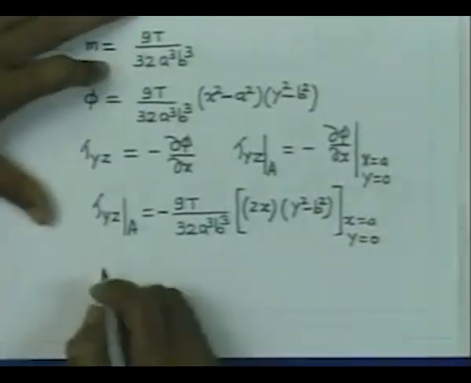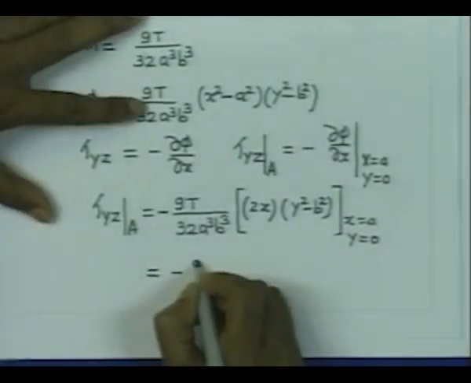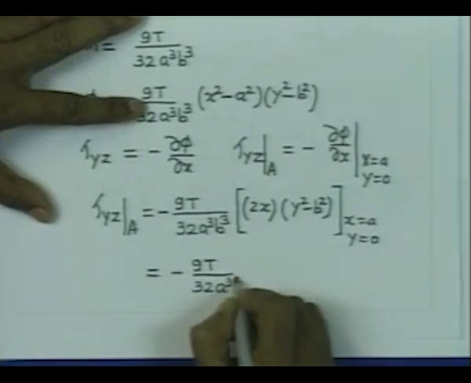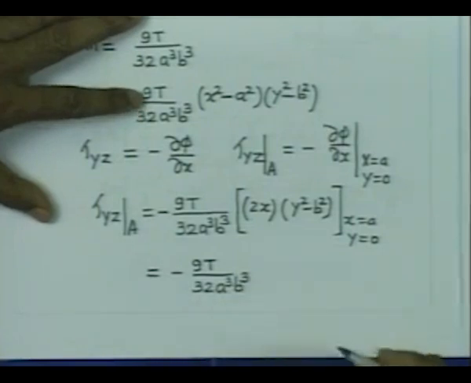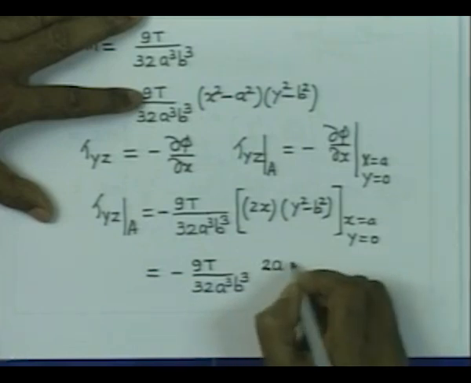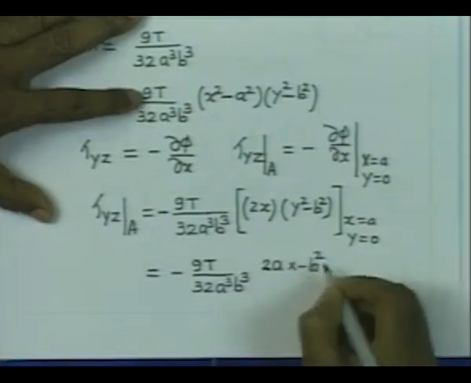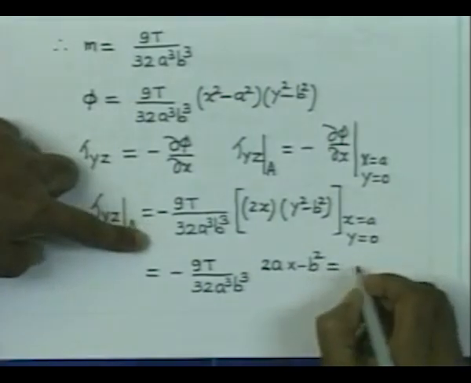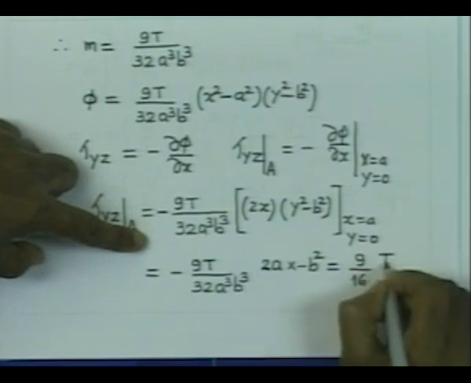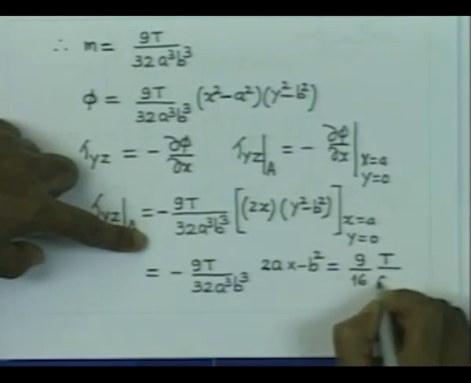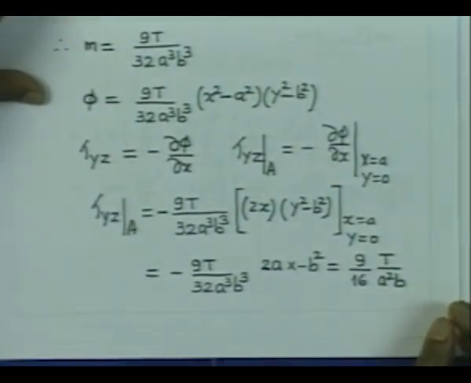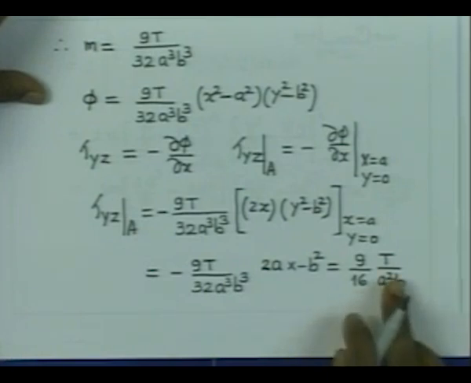When we do that, 90 t by 32 a cube b cube, this is 2a and this is minus b square. So, what we get is 9 by 16 t by a square b. So, the stress at the end of the x axis is 9 by 16 t by a square b,